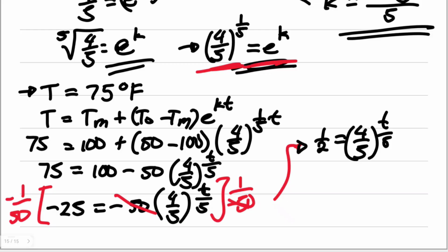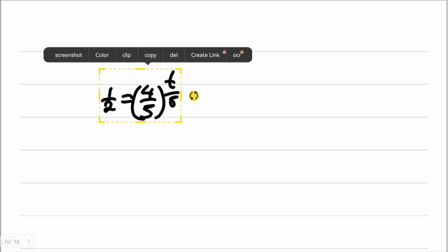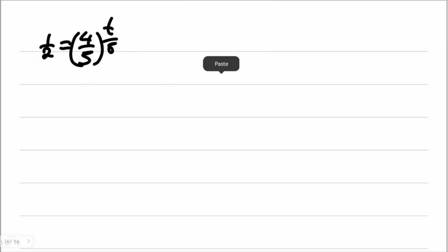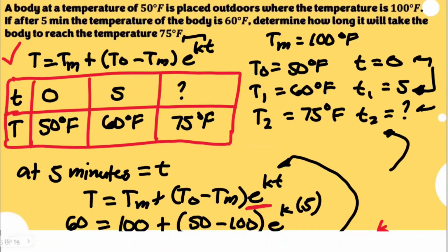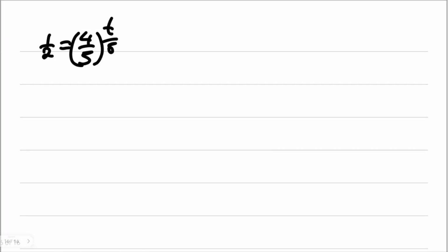Allow me to copy this because I don't have much space. I'll be moving to another page. So this is the last form. In solving for t, I'm going to use the process we presented earlier in solving for k. This process is also beneficial in solving for t, similar to that, since k and t are both exponents, right? So I'm going to come up with the natural logarithm of 1/2